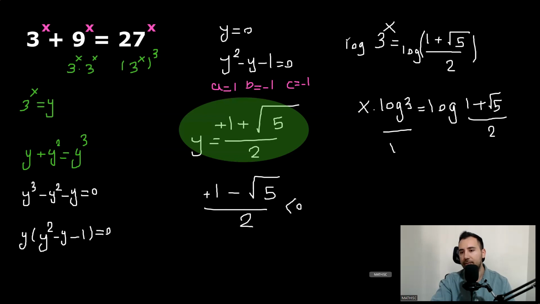So if we divide both sides by this, then we'll have the answer to x. And I've done this before. The answer would be, in decimal form, almost